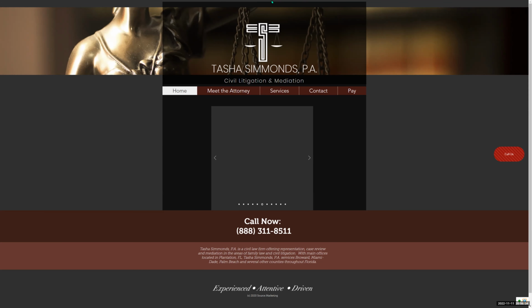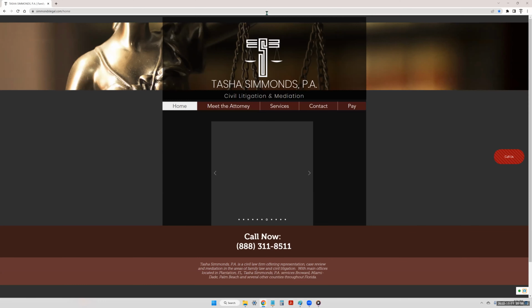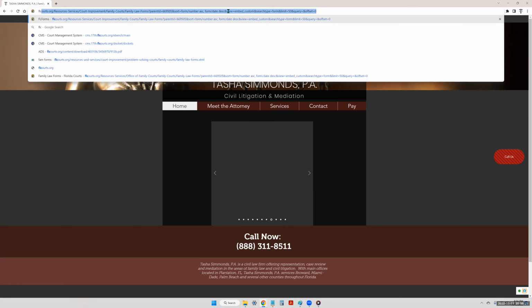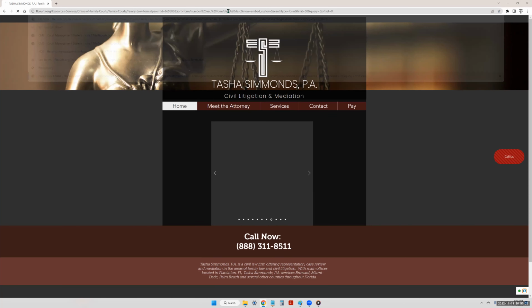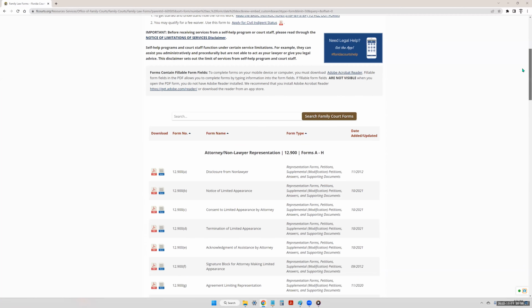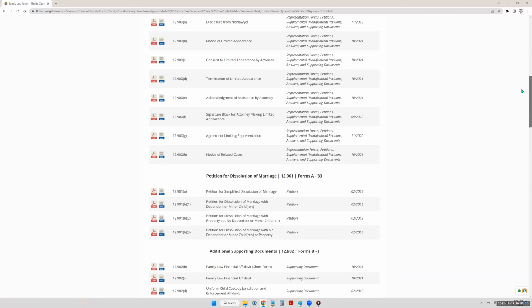the actual petition. Now for this, I have my own form that I use, but just for completeness, I'm going to take us over to the Florida Family Law forms that are on the state court website, flcourts.org. And we're going to go through their petition, how to fill that out, since many of you will be using